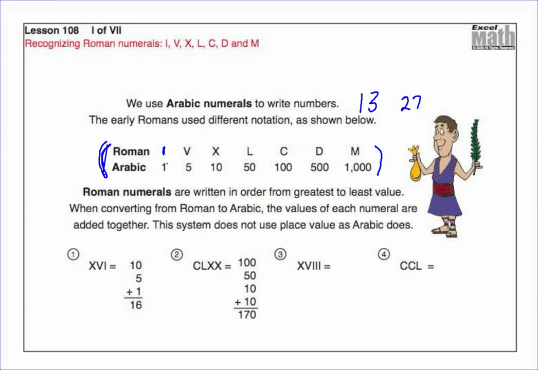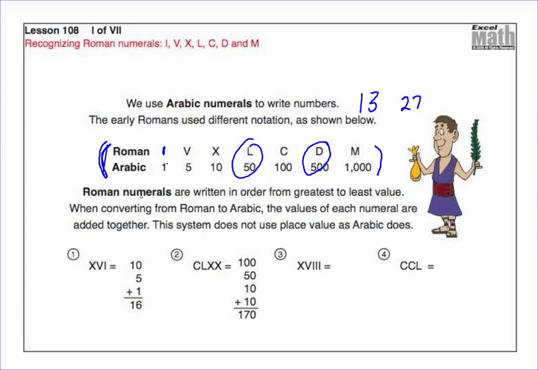And then 5 is a V, 10 is an X, 50 is an L, 100 a C, like centimeters and cents. That's the way I remember that one. 500 is a D, and 1,000, like millimeters and milliliters, is an M. I don't have much of a trick for remembering the 500 or the 50. But the C, centimeters, cents for 100, M, millimeters, milliliters for 1,000 makes it kind of easier for me to